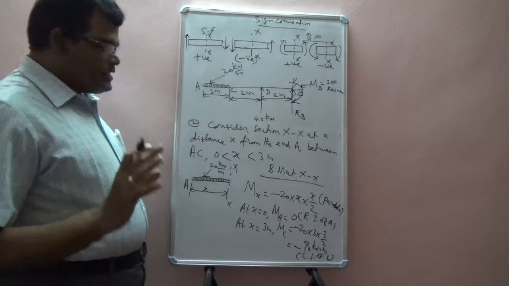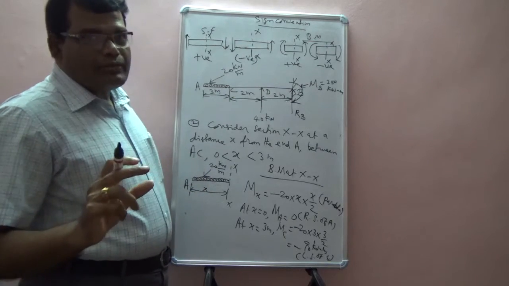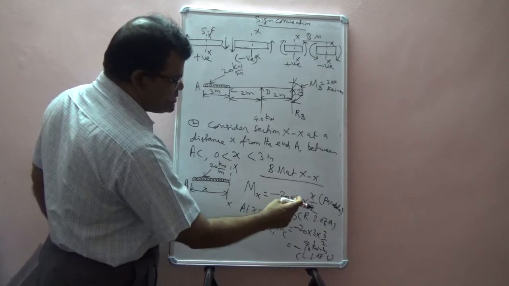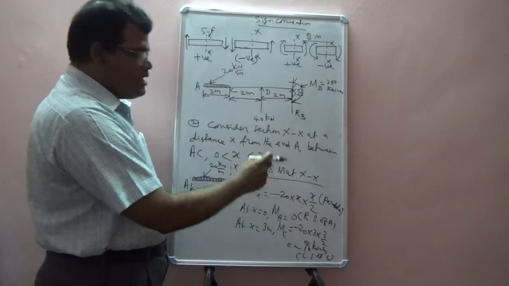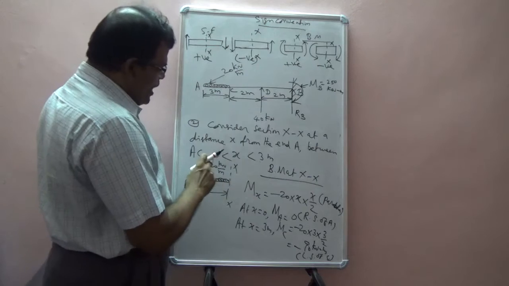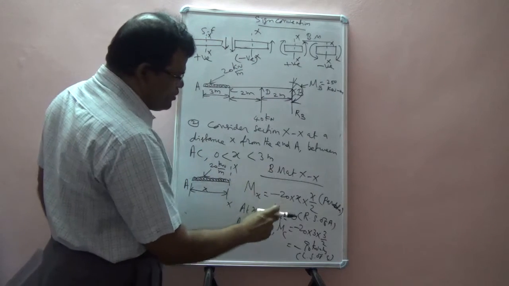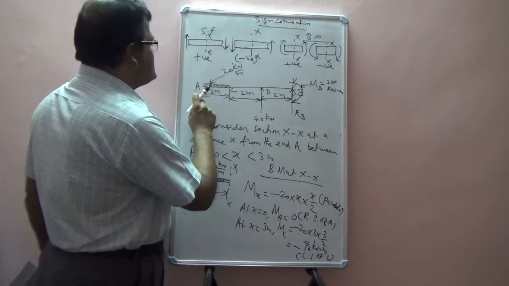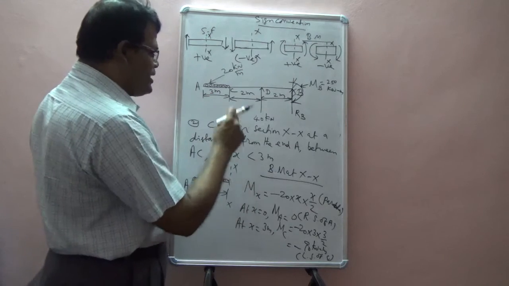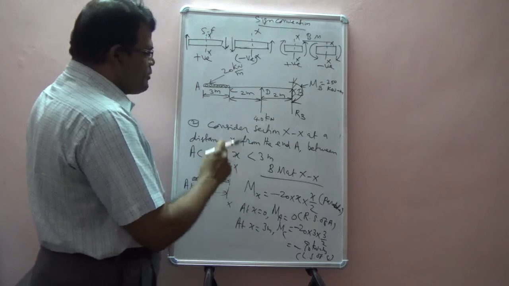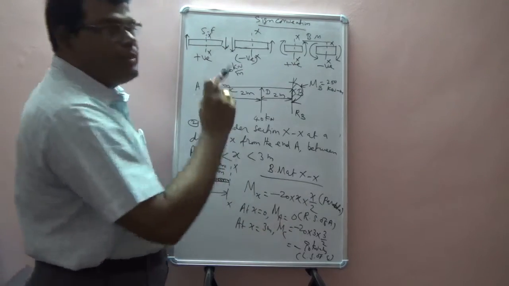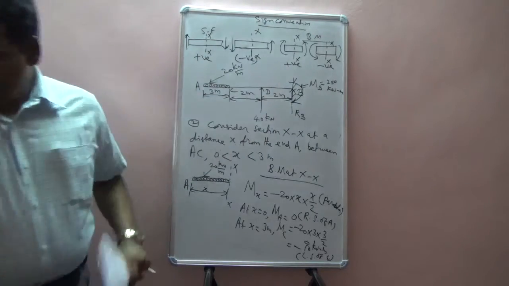If anyone asks what the bending moment equation is for this section AC, that equation is minus 20 x squared by 2, which simplifies to minus 10x squared. Now you can also substitute values between 0 and 3 to find the bending moment in this section AC. You can substitute x equal to 1 meter, 2 meter, 1.5 meter, 2.5 meter to find the bending moment at different locations of this section AC. That is the advantage of writing this bending moment equation. Now this is the second step.